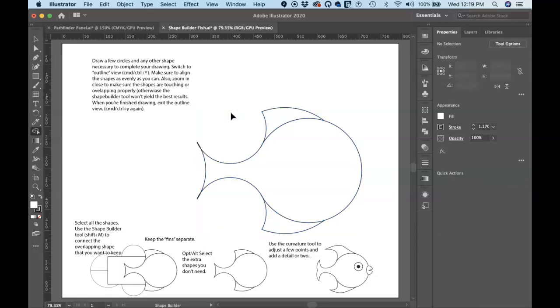So just like adding to a selection, you hold the Shift key down. Subtracting from a selection, you hold the Option or Alt key down. All right. There you have it. And now say I want to embellish it a little bit. I can come over here and get the Curvature Tool, one right beneath the Pen tool in the toolbox. And let's say I want to adjust the fin here, this back tail fin. I can click and drag